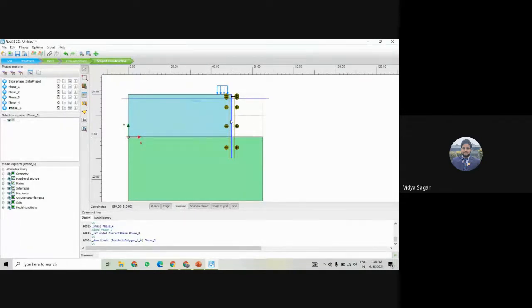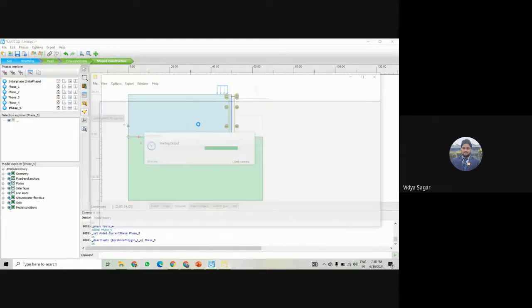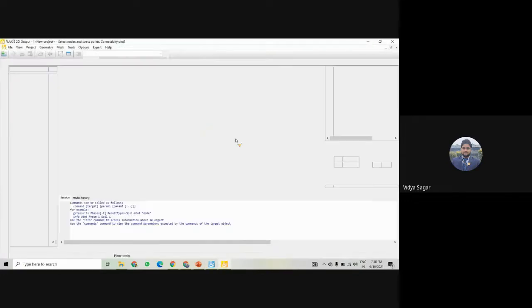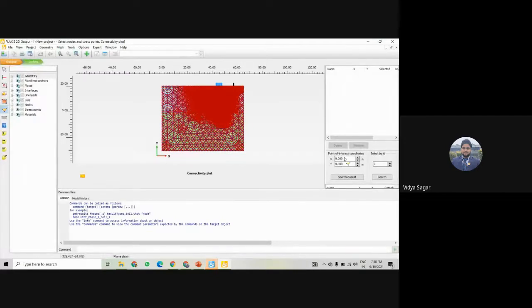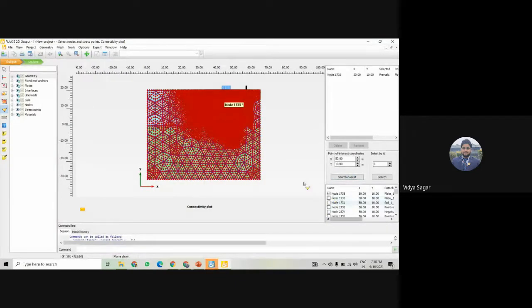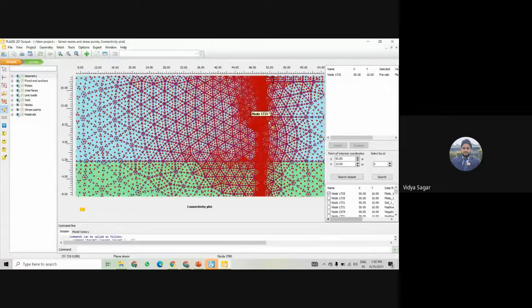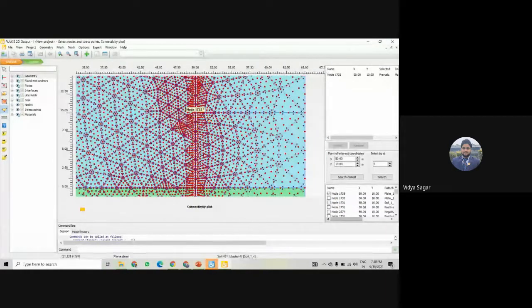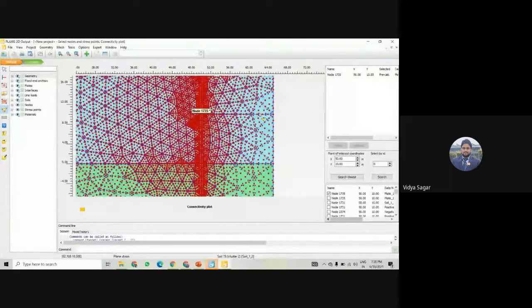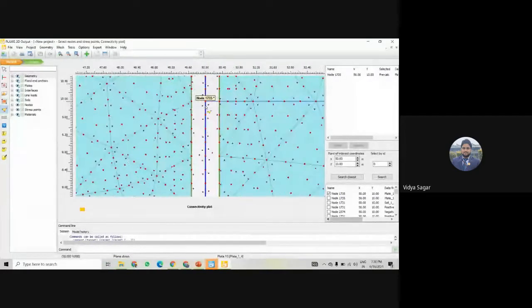So firstly I would take the stress point where it will give the maximum deformation, and that will be around 50 by 10. So 50 by 10 is near about here. If I check the closest point of this, that will be this one. You can see it is near about at the second excavation phase. This is the second excavation phase. We can get this point here, exactly there.